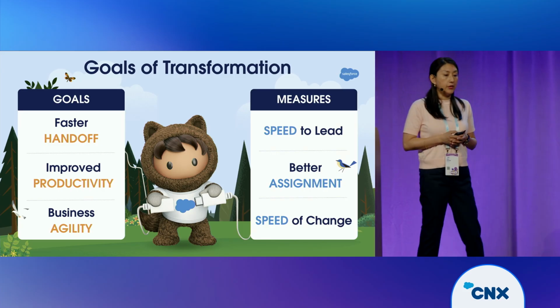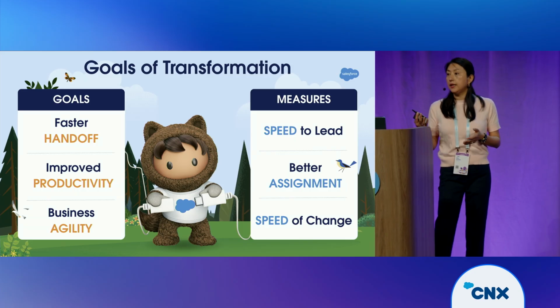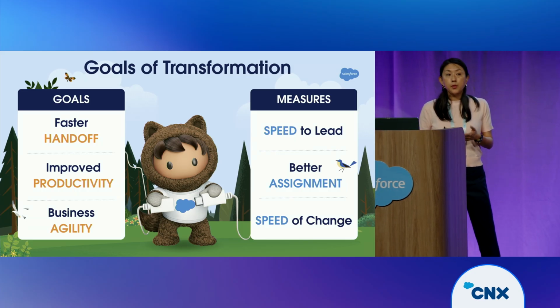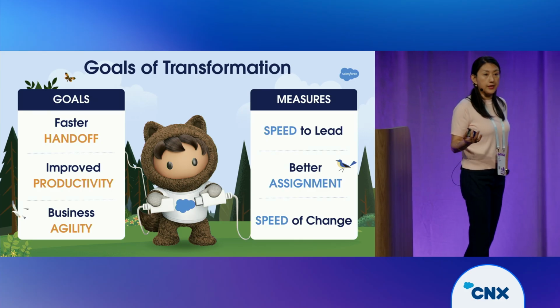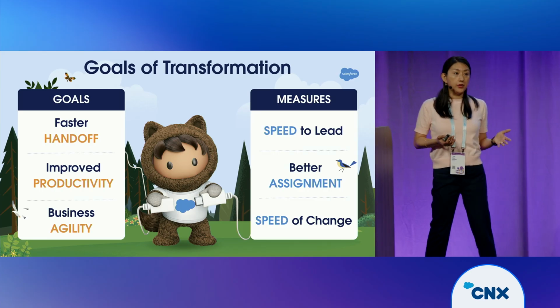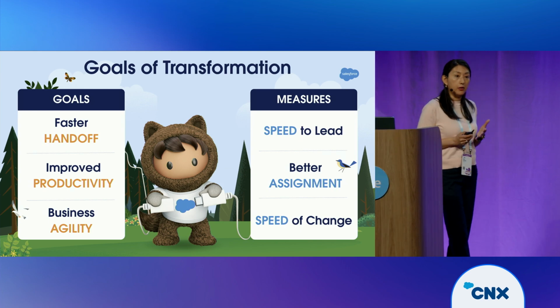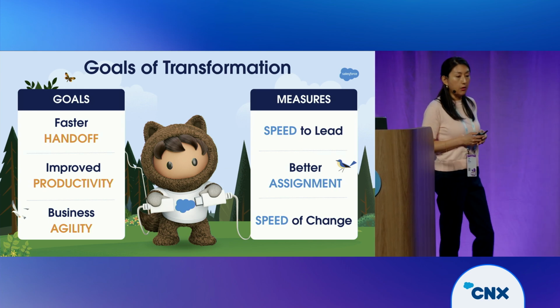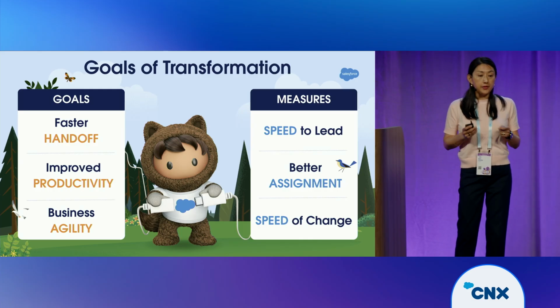We also wanted to improve productivity, meaning not only higher quality lead assignment decisions, but also more equal distribution so that we're not bombarding the regions that are already busy with so many leads while drying up the other regions that needed more leads. And then also we wanted to be agile. Like I said, it was taking over 4 weeks to make small changes, and we really wanted to turn around